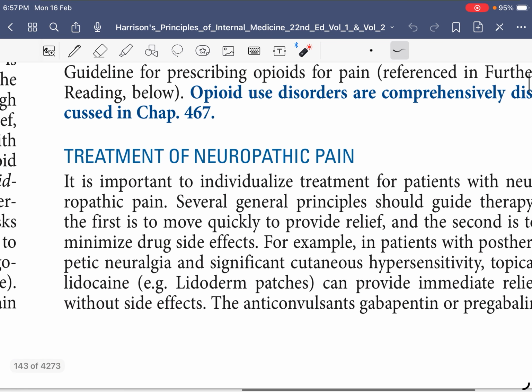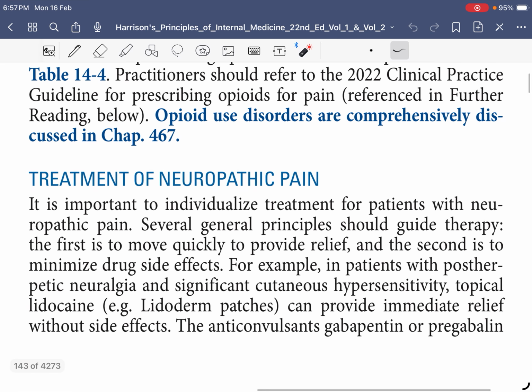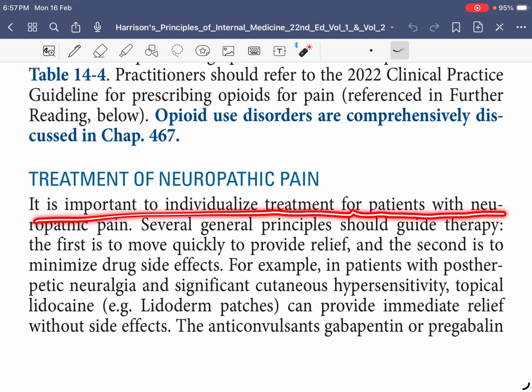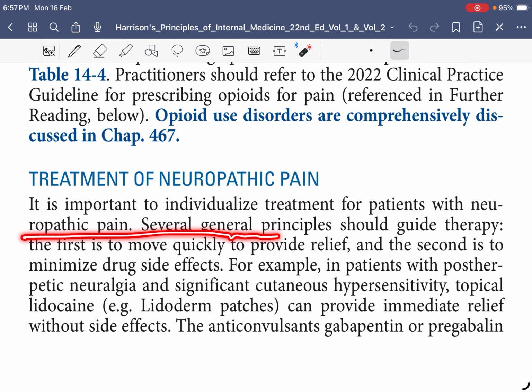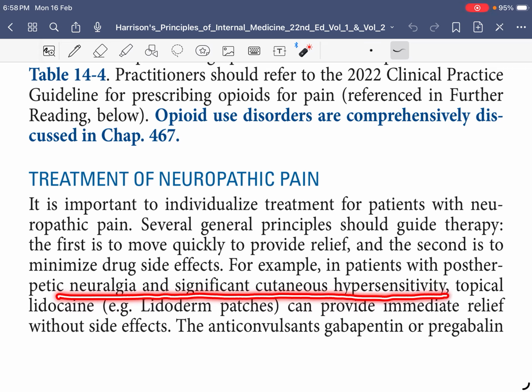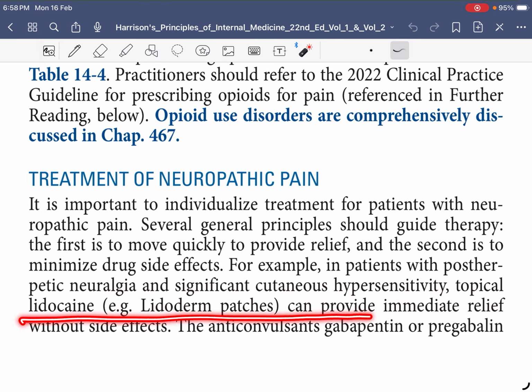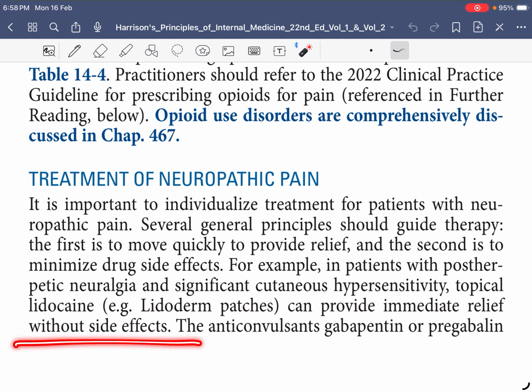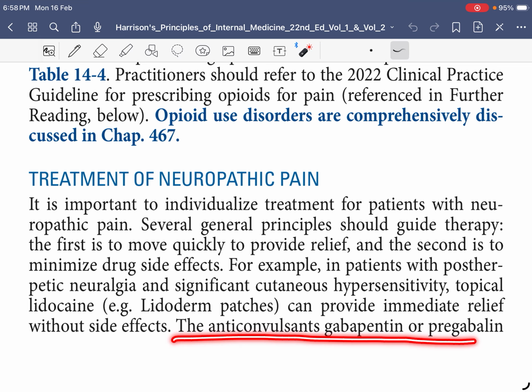Treatment of neuropathic pain. It is important to individualize treatment for patients with neuropathic pain. Several general principles should guide therapy. The first is to move quickly to provide relief, and the second is to minimize drug side effects. For example, in patients with post herpetic neuralgia and significant cutaneous hypersensitivity, topical lidocaine can provide immediate relief without side effect. The anticonvulsant gabapentin or